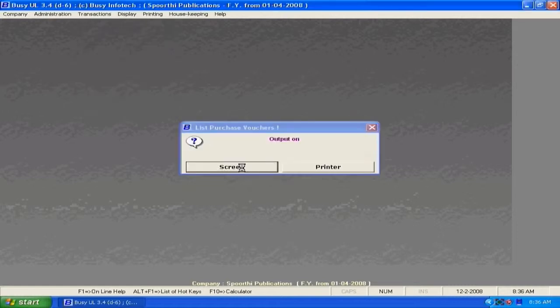Purchase. Click on list to view the purchase details.